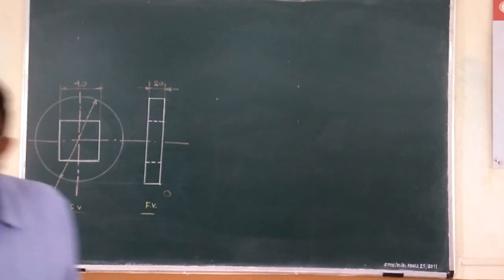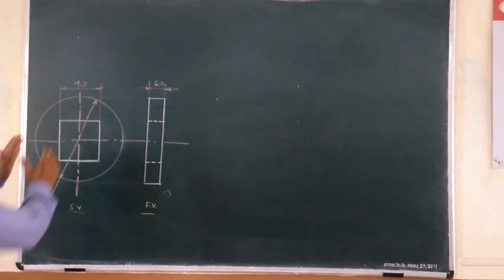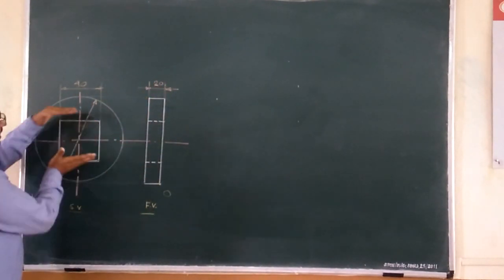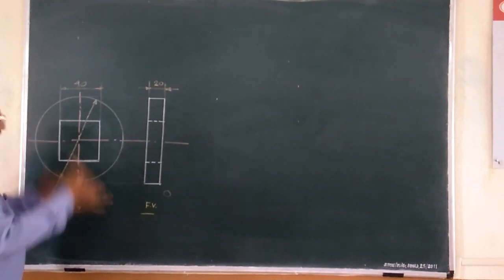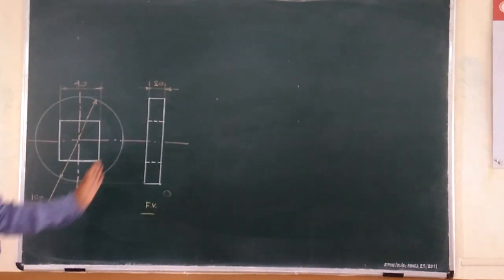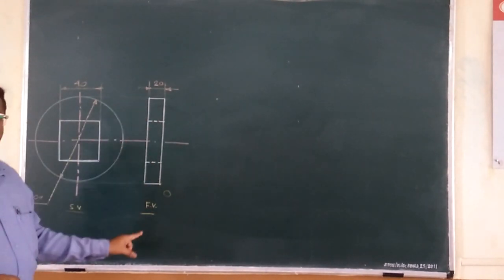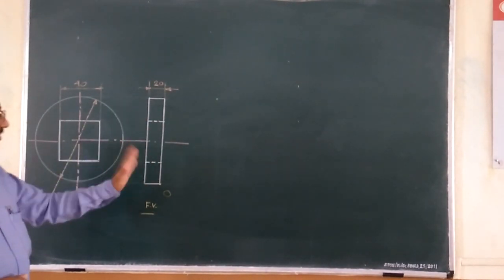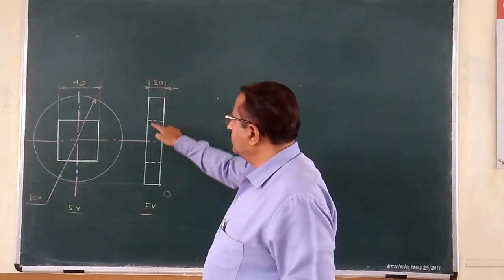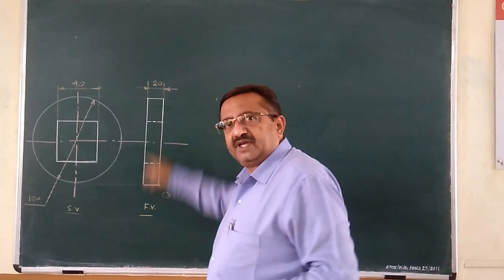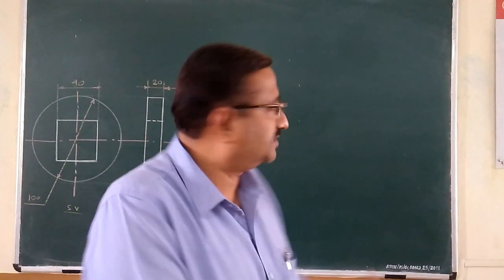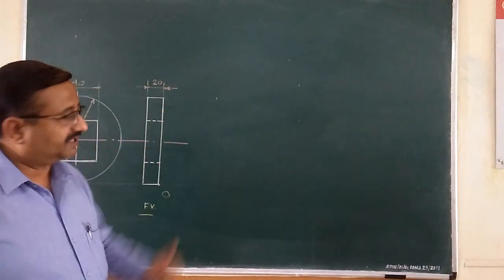How can one decide that it is a hole? It's not a projected part. In the absence of the front view, one may say there is a projected part, or we can't predict whether it is a projected part or a hole, unless and until we construct the front view. It's another view. So now, as dashed lines are shown in this front view, naturally this is nothing but the square hole, centrally cut in this plate carrying 20 of thickness.